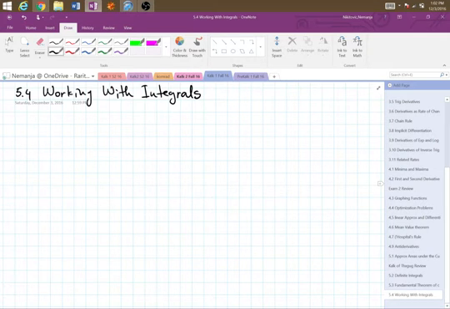We are talking about working with integrals. In this section, we're going to learn a little bit more of those rules that we can use. Three formulas will be covered here. Two of them are for faster calculations, and you have to be very careful with those. And then the third one is the average, which shows up again in Calculus 2, 3, and later on in differential equations. So let's start with a